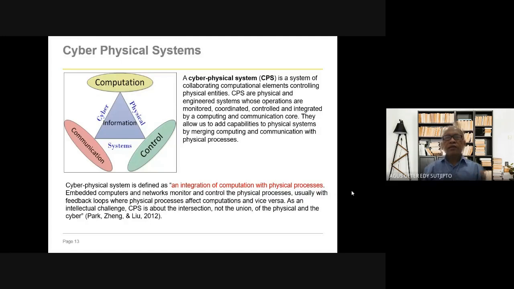This is controlled by the computer using the internet. All of them use the internet, so they will all be wireless, for example.